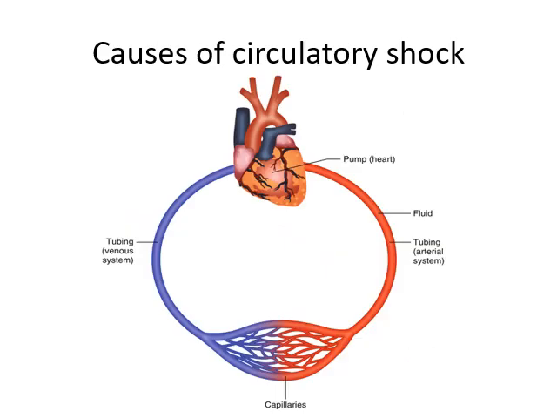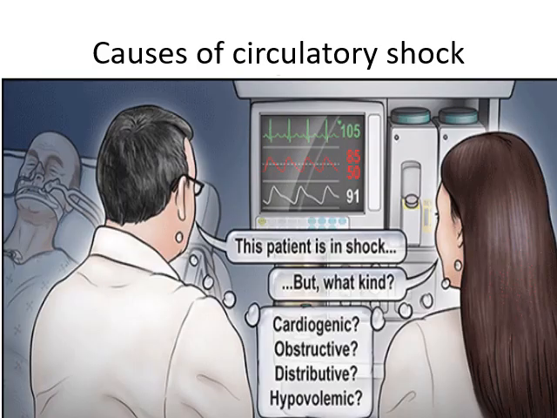What are the causes, the pathogenesis of the circulatory shock? It is either due to decrease the fluid content of the blood vessels, hypovolemic shock, or affection of the pumping power of the heart, cardiogenic shock, or affection of the tubing system of the systemic circulation by severe vasodilatation in distributive shock. So if you see a patient with tachycardia and hypotension, I mean the patient with circulatory shock, you